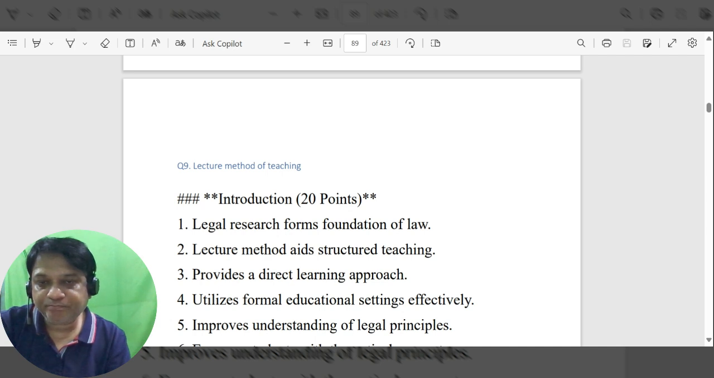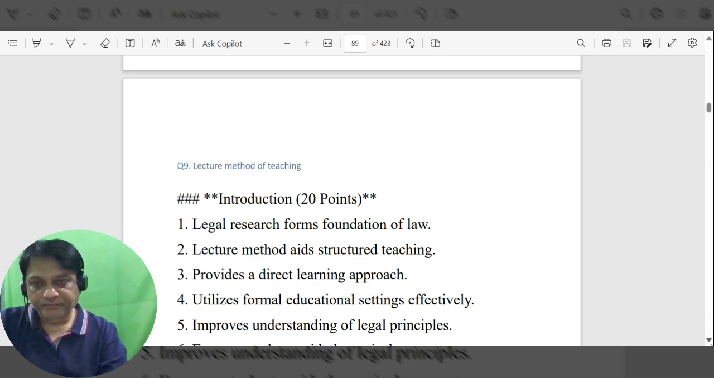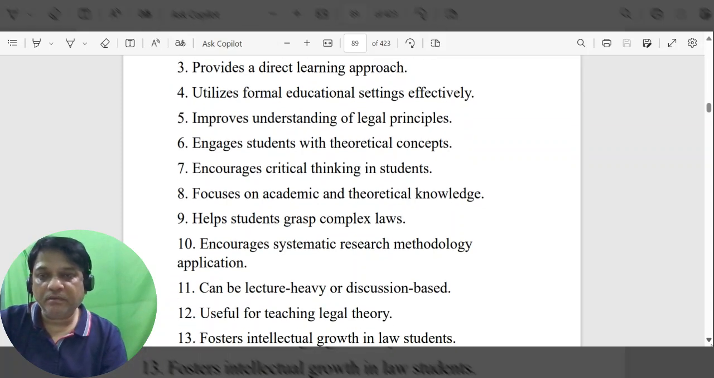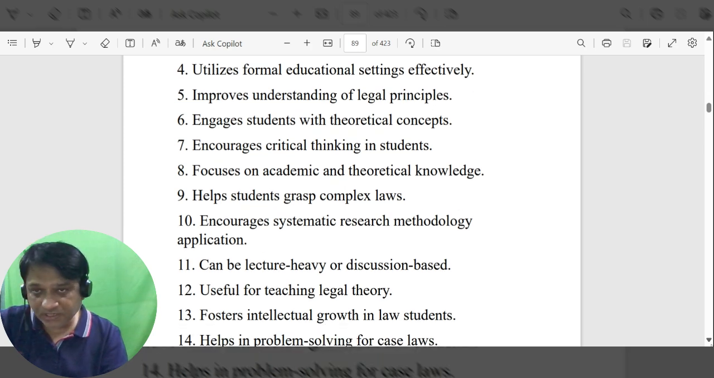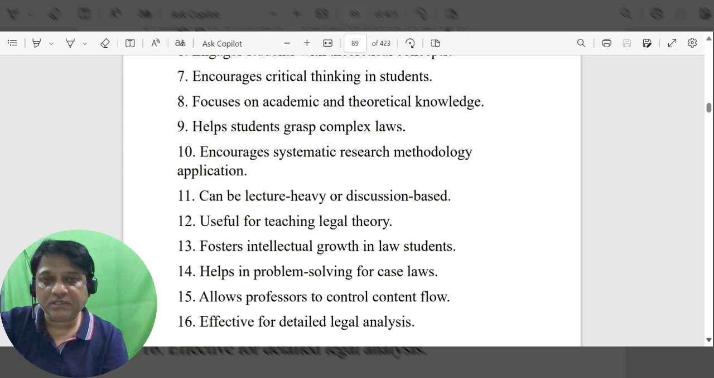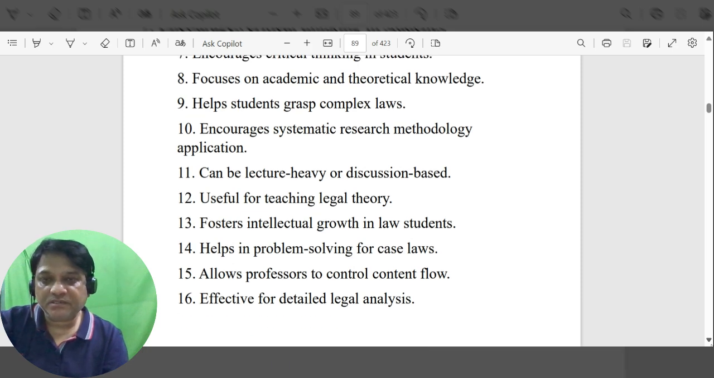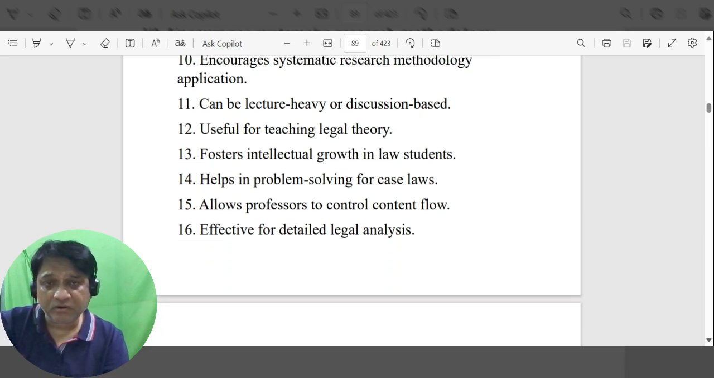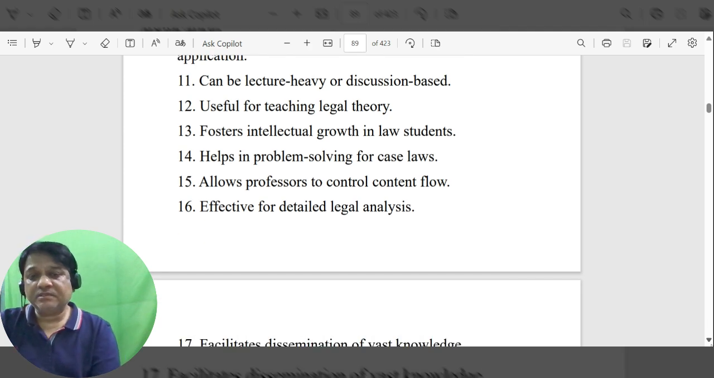Lecture method aids structured teaching, provides a direct learning approach, utilizes formal educational settings effectively, improves understanding of legal principles, engages students with theoretical concepts, encourages critical thinking in students, focuses on academic and theoretical knowledge, helps students grasp complex laws, encourages systematic research methodology application, can be lecture heavy or discussion based, useful for teaching legal theory, fosters intellectual